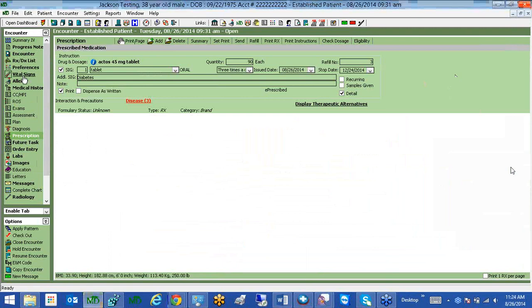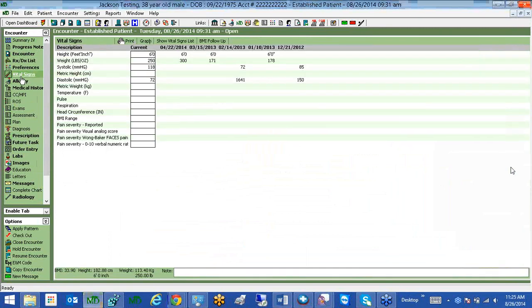To record vital signs in ClinicsMD, nothing has changed. You select the Vital Signs tab and record your systolic and diastolic blood pressures and height and weight. There are some exclusions available in 2014 that were not previously available, in which any provider that sees no patients 3 years and older is excluded from recording blood pressure. Any provider who believes that all 3 vital signs of height, length, and weight and blood pressure have no relevance to their scope of practice,